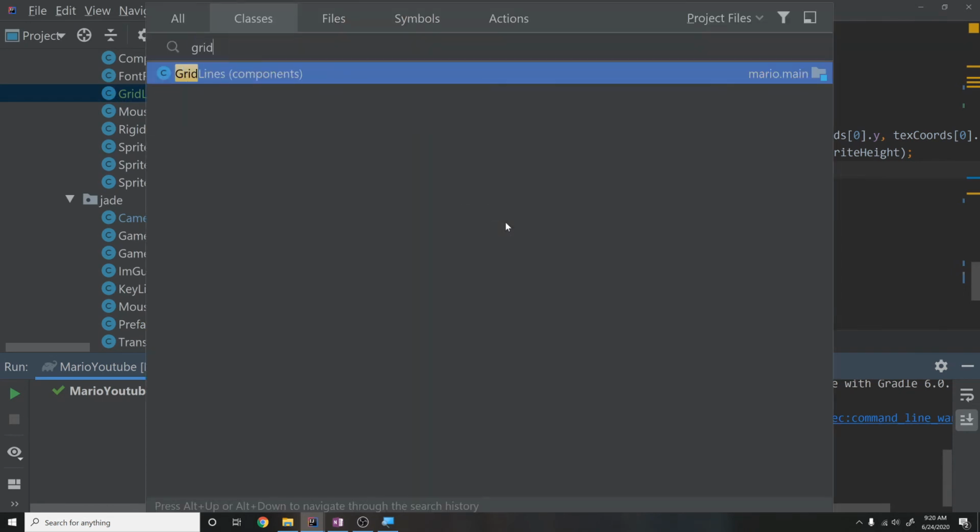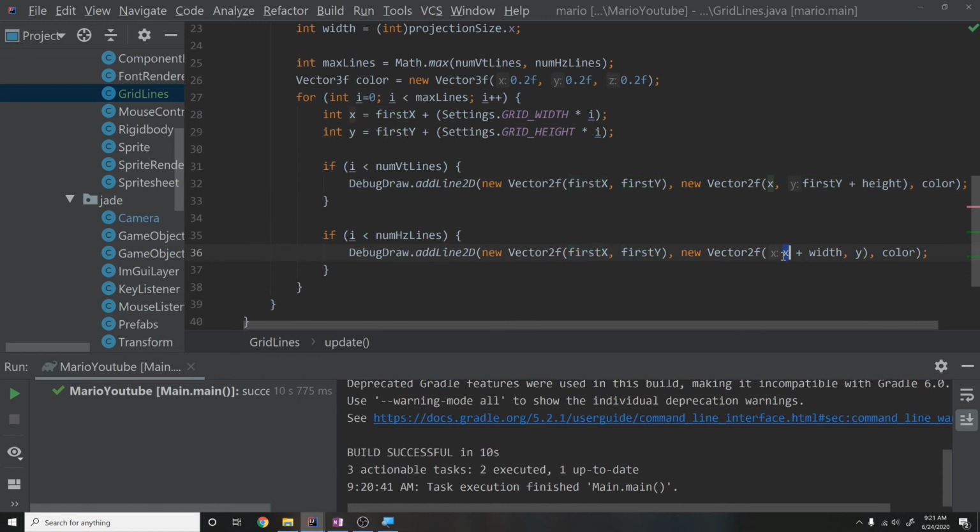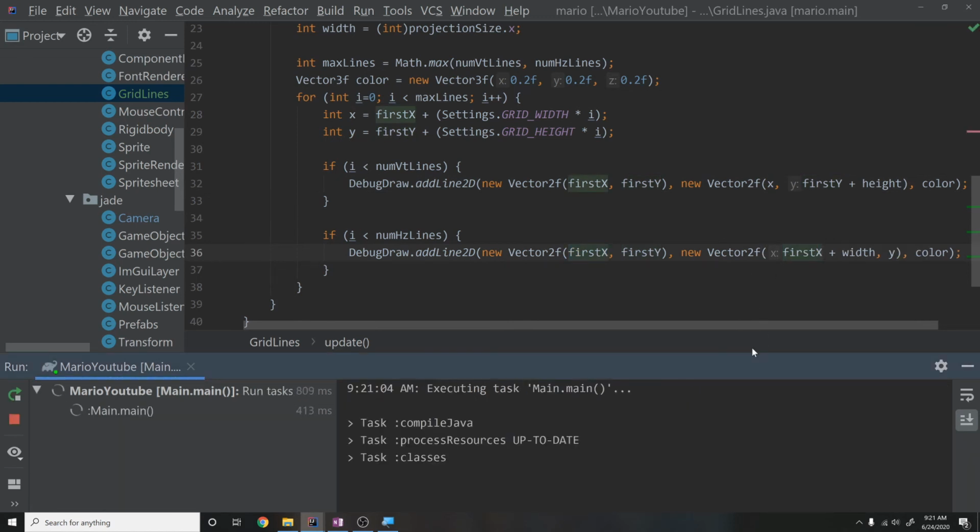Let's go back to grid lines. I did X, Y here. This should actually be first X and first Y. And same thing down here. So first X and first Y. And then this should be first Y, and this should be first X. Okay, now if we run this again,